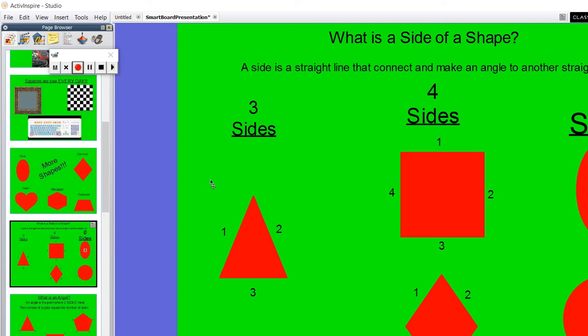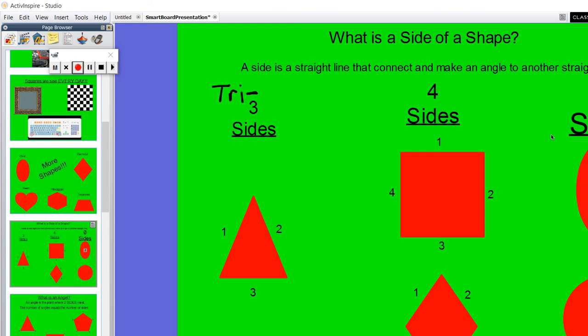Right here we have a 3-sided shape. 1, 2, 3. Triangle. The TRI of triangle means 3. So 3 sides gives us a triangle. Again, tri stands for 3. Let me write that down real quick. TRI. So when you see the prefix tri,